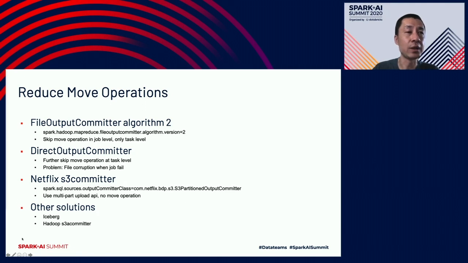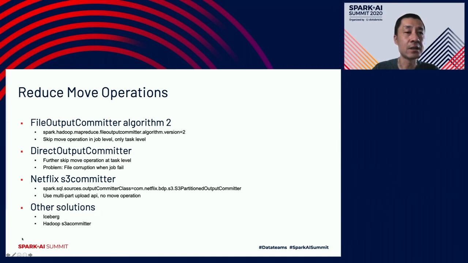A better solution is the Netflix S3 committer, which uses the S3 Multipart Upload API to upload files directly to the job output location without leaving incomplete or corrupted output, even if the job fails. We also looked at other more sophisticated solutions, such as Netflix Iceberg, which is the successor of the S3 committer.